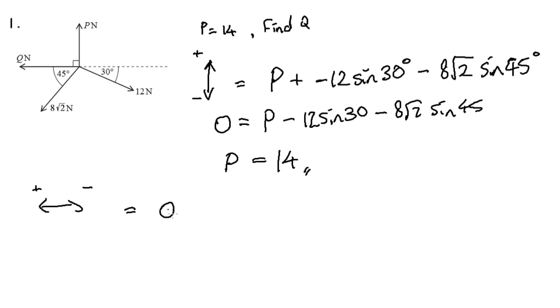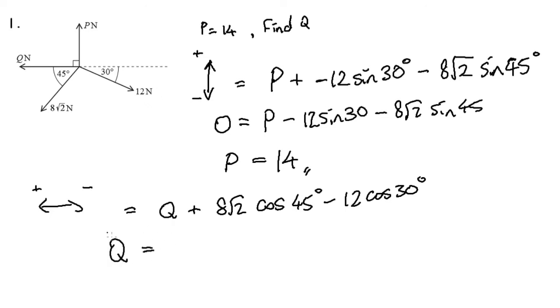So Q on the left plus 8 root 2 cos 45, and because 12 Newton is going to the right, we take away 12 cos of 30 degrees. So again, you can rearrange everything to get your Q, and this time it would be 12 cos 30 subtract 8 root 2 cos of 45,